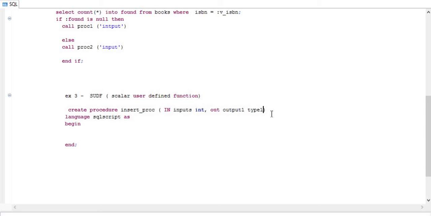You just have to define that here, and then SQL script as begin. Here you have to write the if else logic. First I'm declaring a variable, declare I, this is integer, and its default value is suppose input.